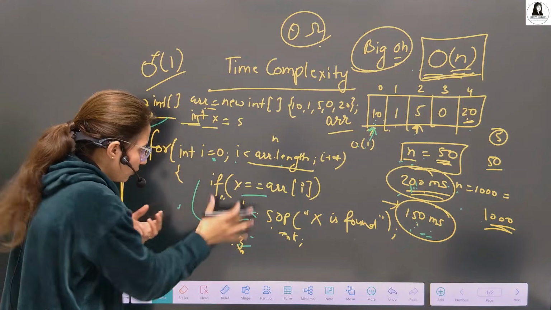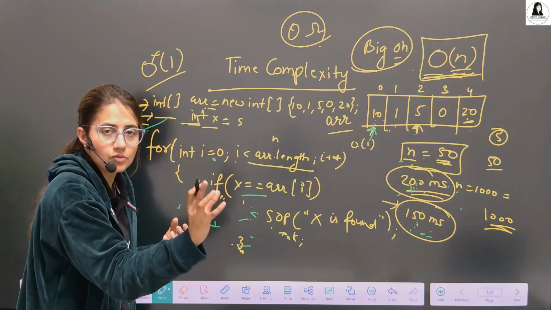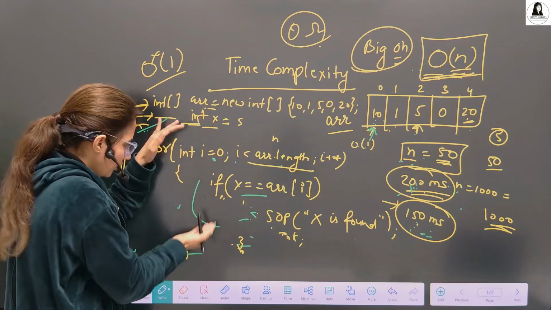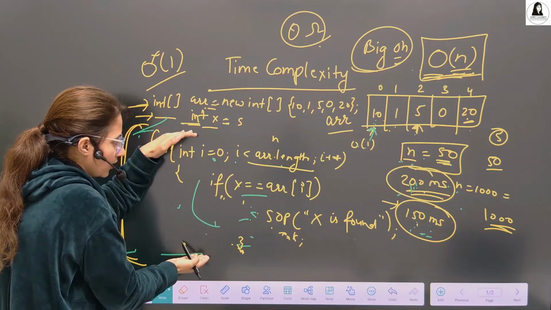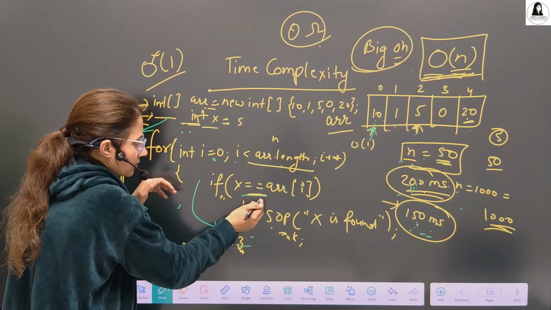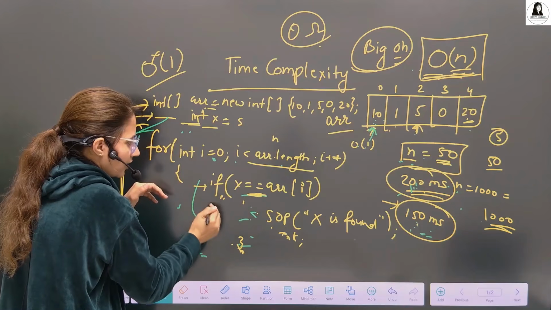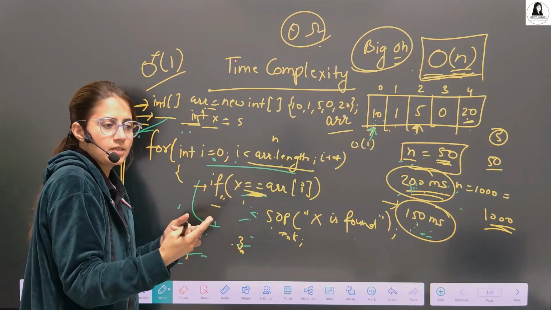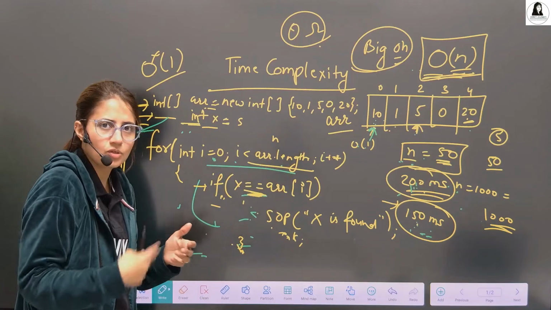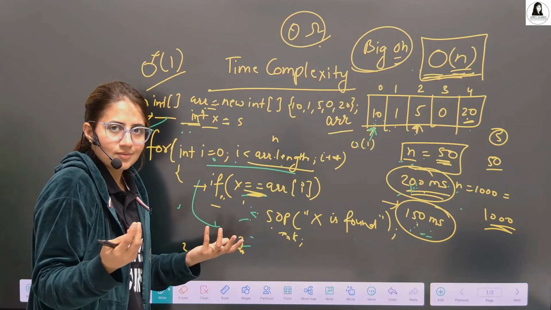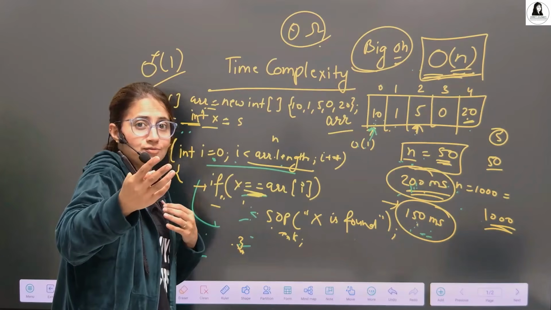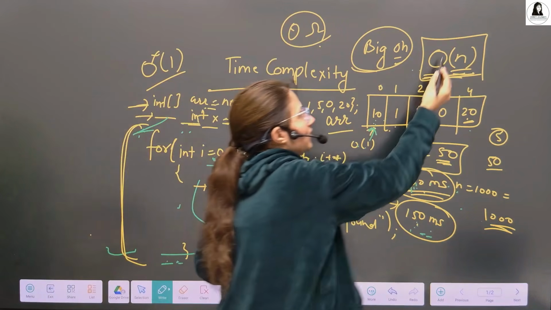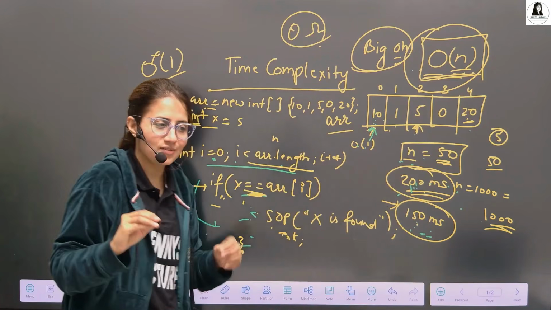So you have to focus more on the frequently executed statements: the loops, recursive calls or function calls in your program. Here we have only one for loop. So focus on that. How many comparisons are there? The operation is comparison. How many times has this line been executed? How many times is the loop executed? That's it. You have found your first time complexity. Very simple. Order of n.